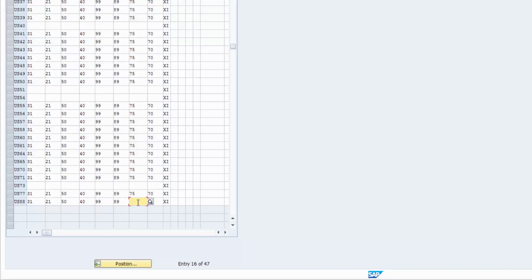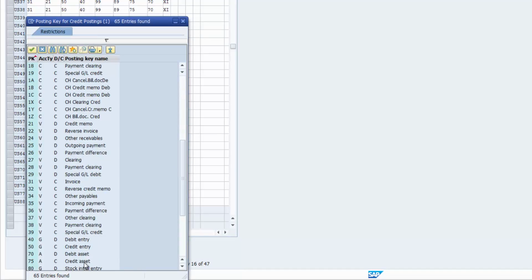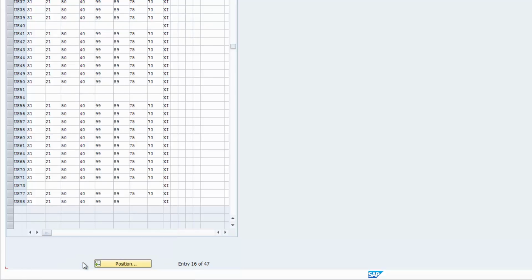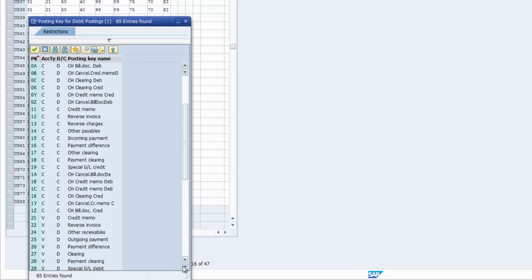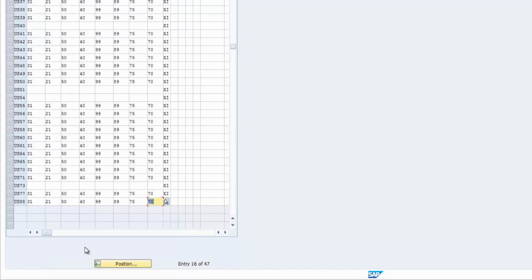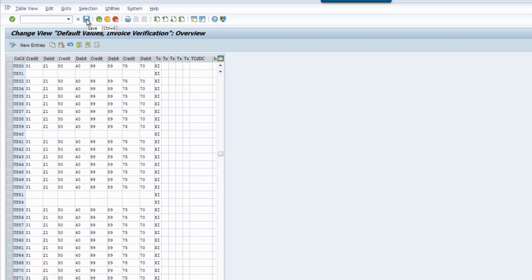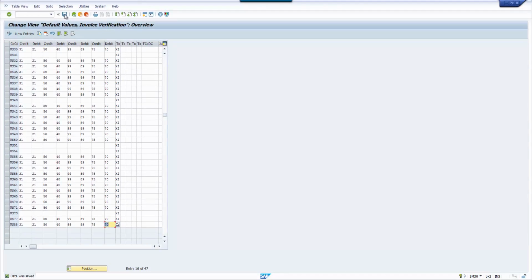Posting key for credit postings is credit asset, or 75. And debit asset, I don't know if you saw that, but the debit asset was for 70. So debit asset is 70. We need to click on save. Now you can see that like US 31, US 40, they haven't gotten to the step yet, but that's okay. They'll get there eventually. We'll get our message data was saved, and we'll stop right there for now because we're